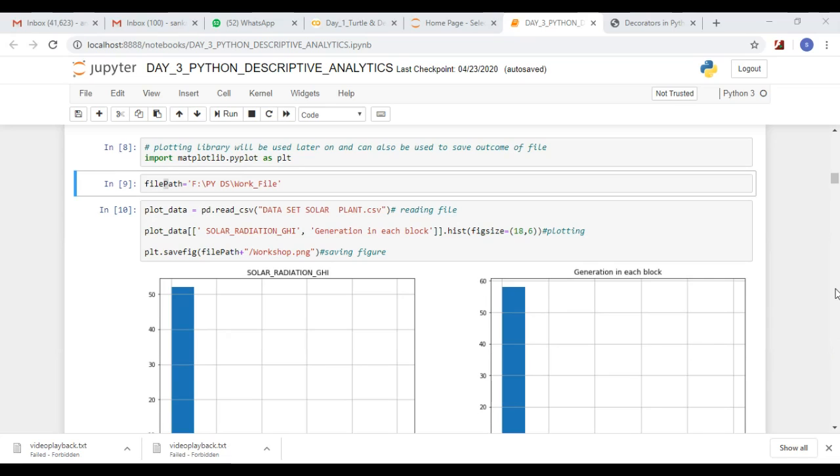Someone asked before data visualization. See, normally we are going to import pandas as pd. Then what we are going to do, we are going to read the CSV file. So we are using pd dot read underscore csv, that file name.